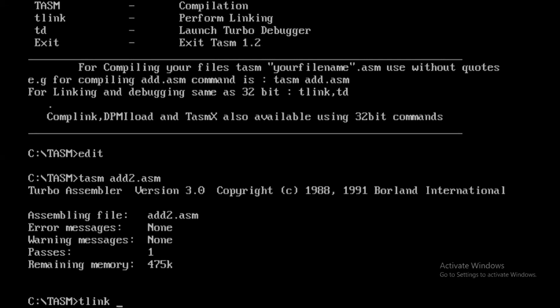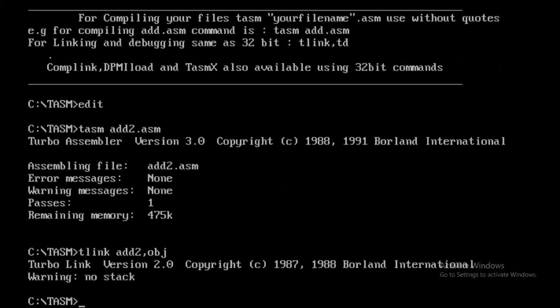Okay, fine. Now after the T-link, I need to again repeat the same, that is .obj. Now lastly, go and run the process, that is there is no stack warning.